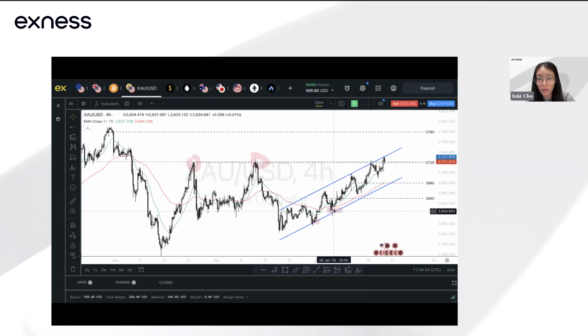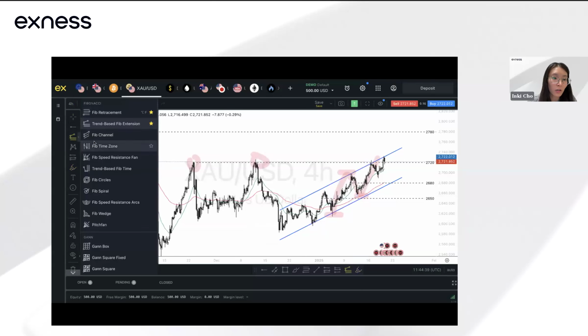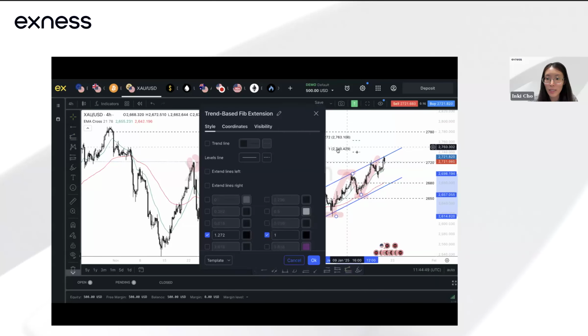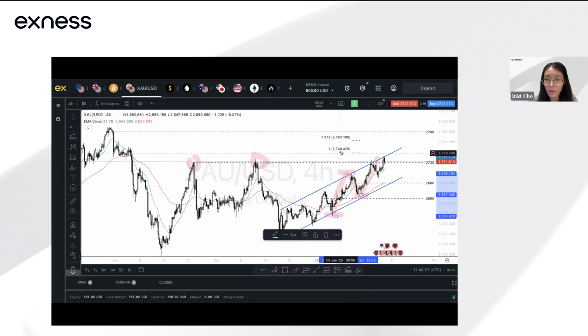So if we take a look at it in terms of the Fibonacci extension, really identifying the zigzag patterns, you can see that this is the zigzag pattern that we have, this area here. And if we again use the turning points to identify it, recall how we used it earlier. You take the third icon, trend fib extension, and just paste it off the turning point. So the high and the low. You can see that the 100% extension is lying just slightly above it, this area here.